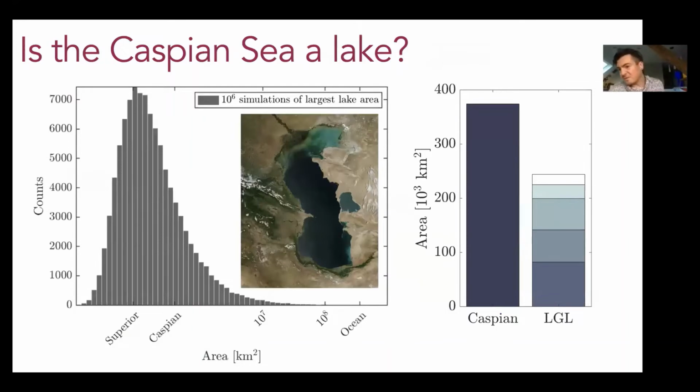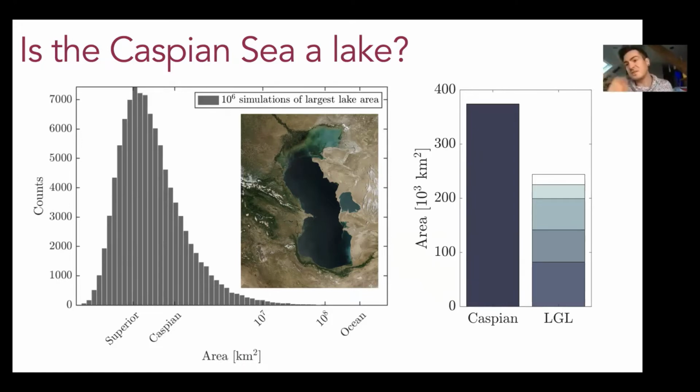And one of the reasons that's practical and useful, in a way that maybe seems non-intuitive, is that it allows us to ask specific questions about particular lakes. So, for instance, there's this really long-standing question about whether the Caspian Sea is a lake or not, because it's an inland water body, but it's like 4 times larger by area than any other lake on Earth. So if you look at the area of the Caspian Sea, it's much larger than all 5 of the Great Lakes in the northeast, in the US and Canada. So it's so much bigger. How could you think of it as a lake?